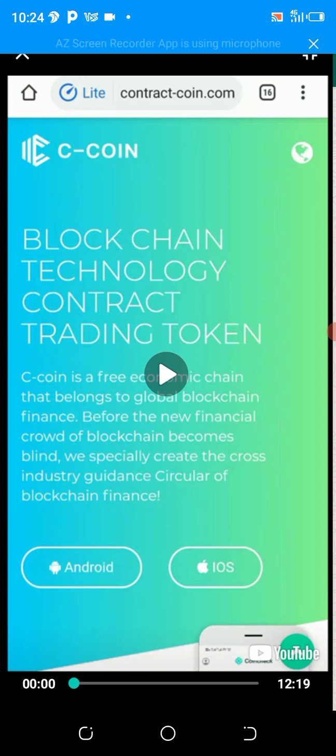Then it will guarantee you to earn 10 USDT, 10 USDT.